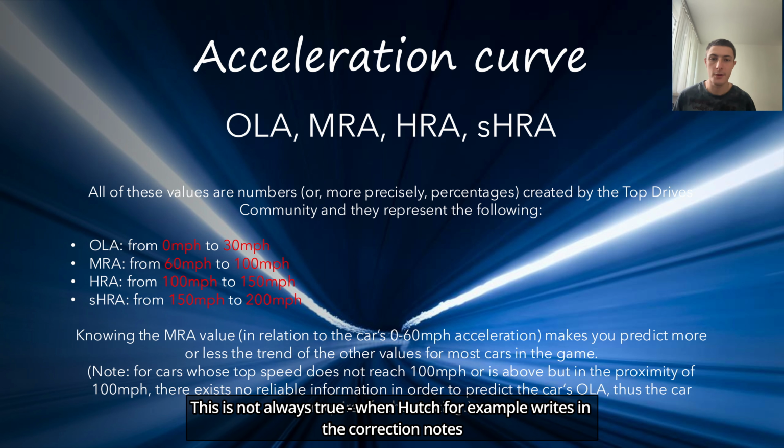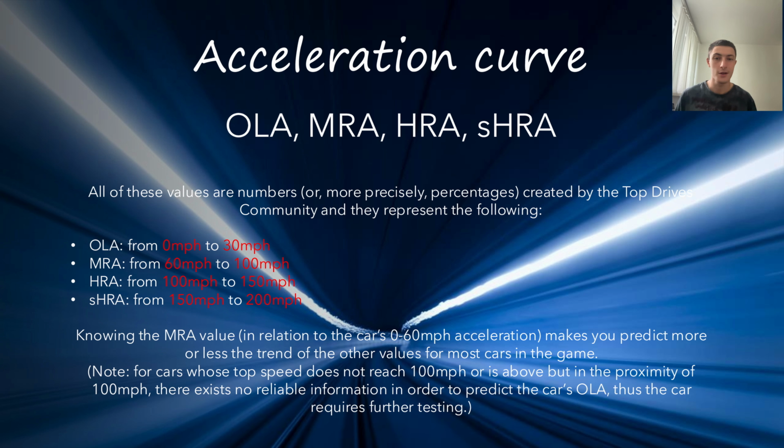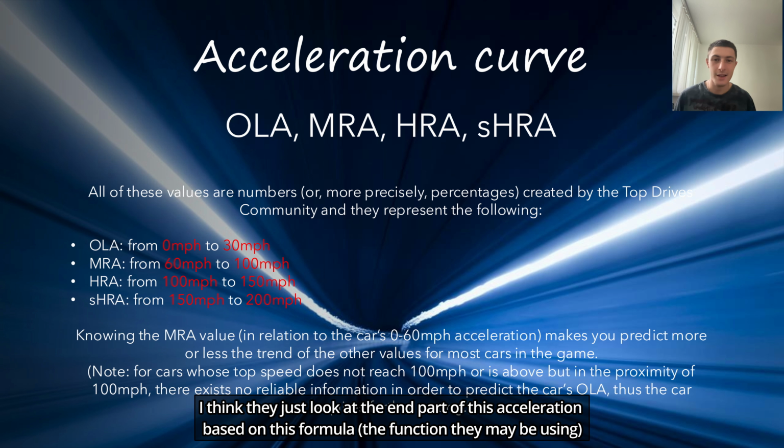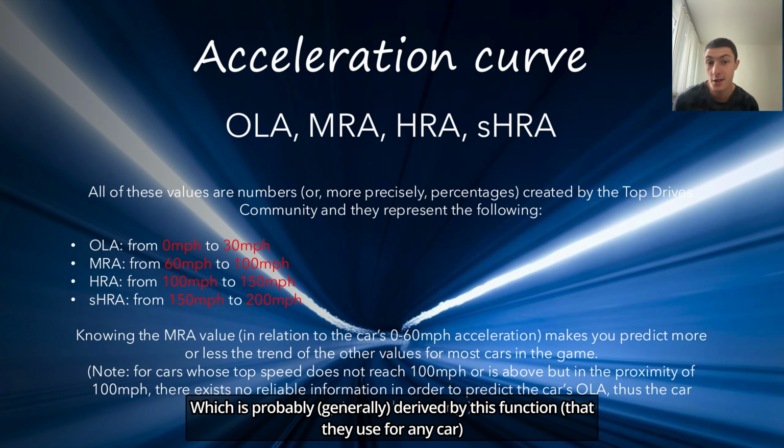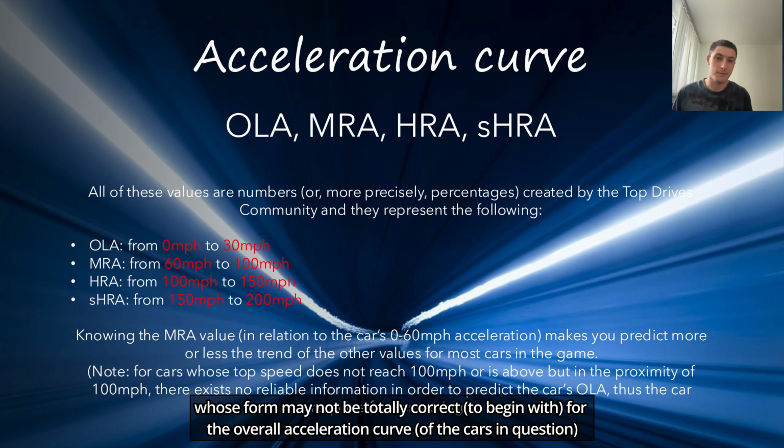When Hutch, for example, writes in the correction notes "improved top-end acceleration," I think they just look at the end part of this acceleration based on this formula and tweak it. So they change one part of the curve that is defining the top-end acceleration, which is probably derived by this function, and therefore might not be totally correct for the overall acceleration